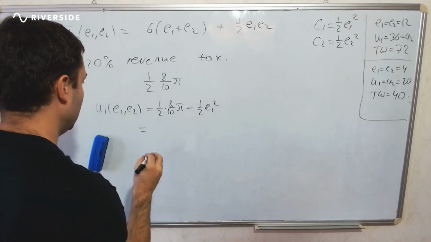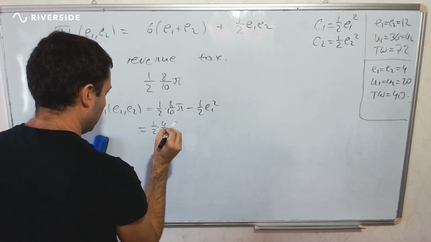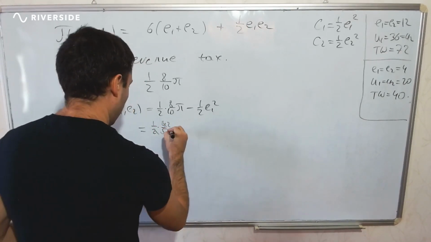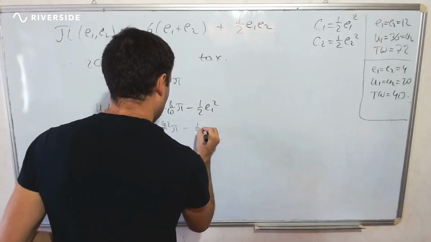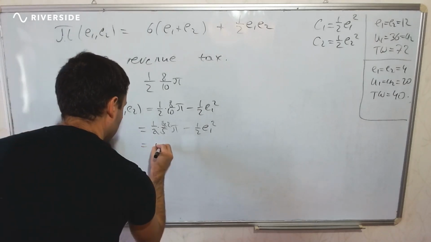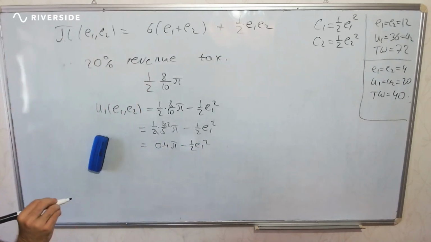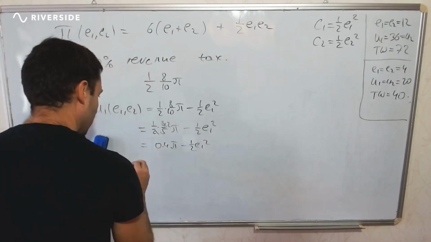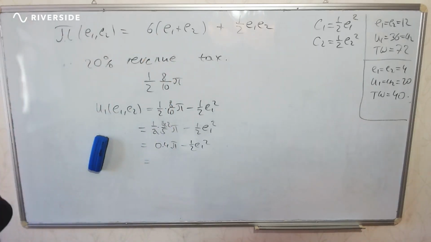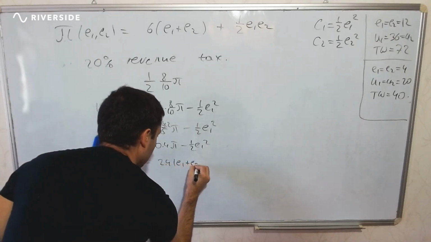Which is plug in profit, so 0.4 of 6 must be 2.4 E1 plus E2,